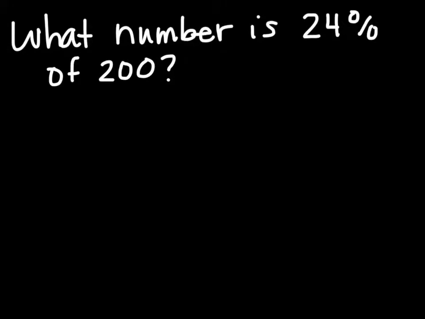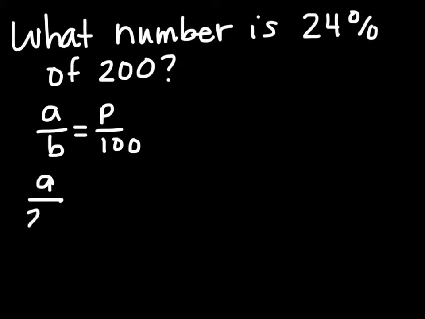Now let's find a part of a base. What number is 24% of 200? Once again, we begin with our proportion. To solve for percent, A over B equals P over 100. Let's substitute in 200 for our base and 24